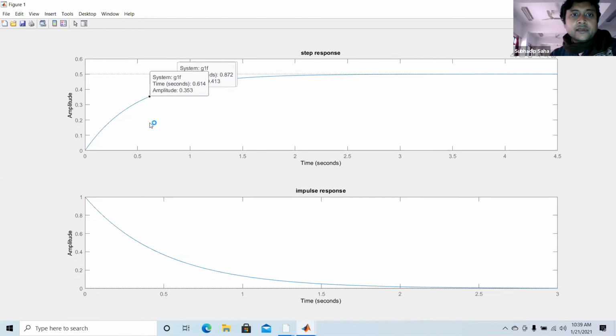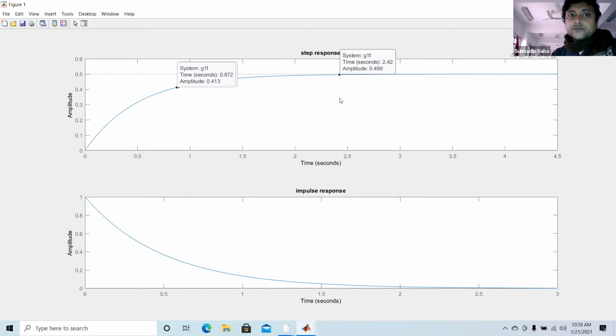Now, if I click here, you see the initial value is 0. As we have seen in our exercise book, for the step response, c(t) equals 0.5 into 1 minus e to the power minus 2t. So we find that the initial amplitude is 0, it gradually increases exponentially, and then becomes the steady state value 0.5.